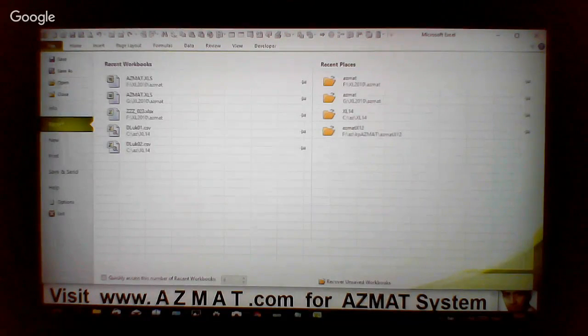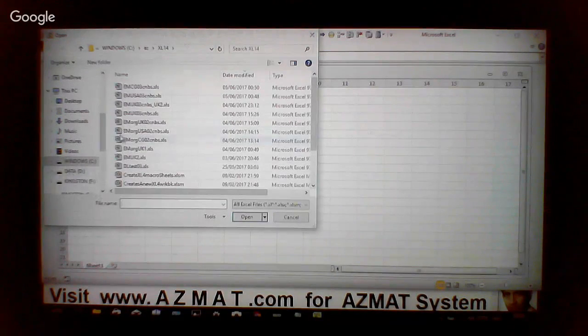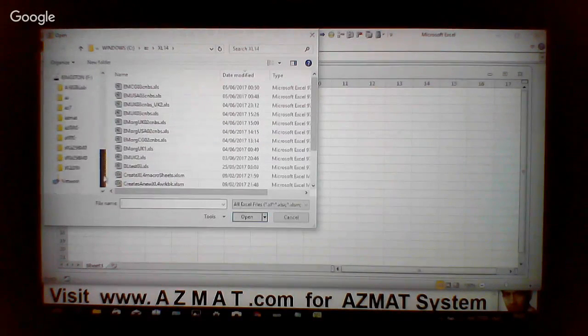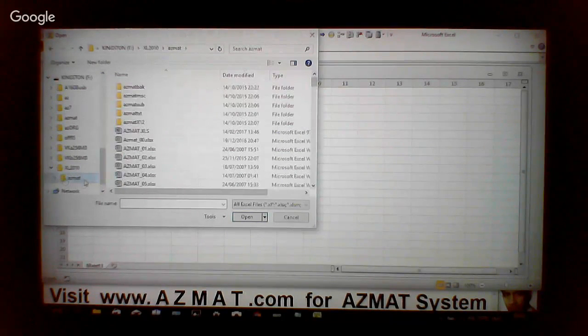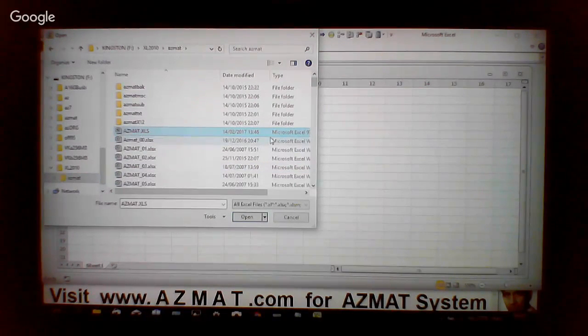We'll begin by opening the main AZMAT System program file. Go to the right folder. AZMAT System can run from any device, USB stick, or from your hard disk, or from any network directory. So this is the main program file, AZMAT